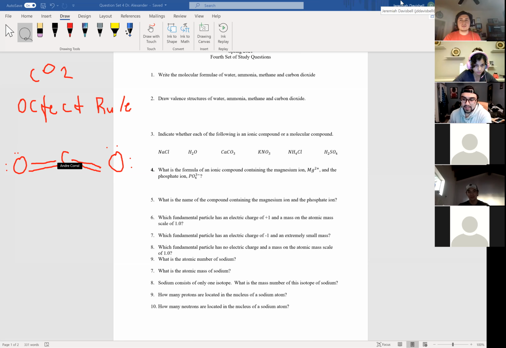And so does anybody know what those little 2 lines are called? Double bonds, right? And they would form a double bond. I don't know how it's going to be on your exam, so it could be written in 2 ways, but just remember that carbon dioxide is a special compound that likes to form double bonds. So for sure, when you see your exam, make sure that it has 2 lines and not just 1, okay? Alrighty, so that's how you do valence structures for these compounds.